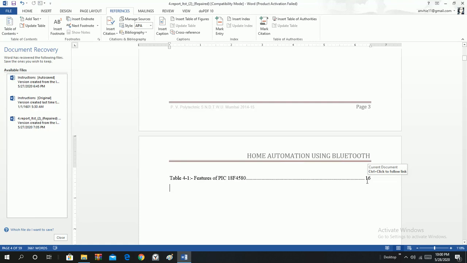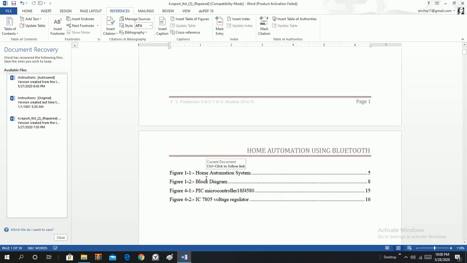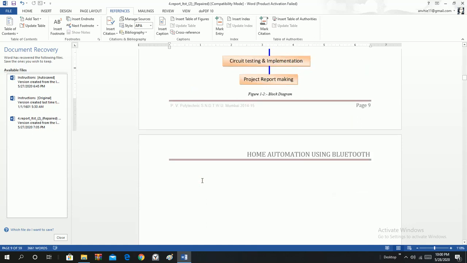So if you do such things, what happens? You can have a hyperlink. Automatically a hyperlink has been generated. See this, if you hold Control, click to follow the link. So if you want to see the block diagram, where is the block diagram? See, the hand signal has come there. I have pressed Control, and with mouse movement I can see. The hyperlink is automatically created, and if I click on this, it will be directed to the block diagram. So this is another advantage.